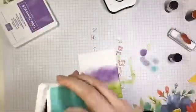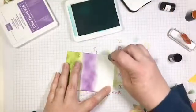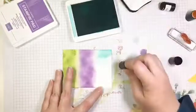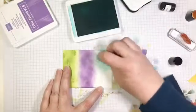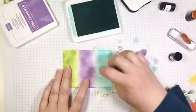So I love this color combination for Easter. I think it is the perfect Easter color combo. So Granny Apple Green, Gorgeous Grape, and Coastal Cabana. Such a fun Eastery color scheme. So we're just going to come on, again, circular motion,